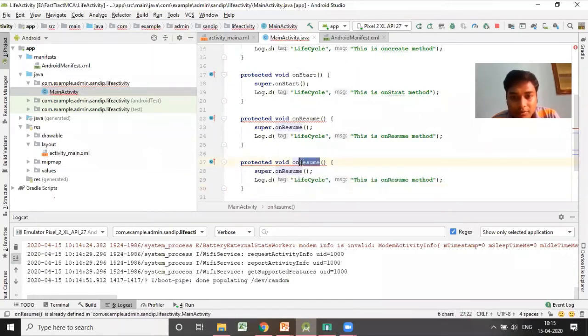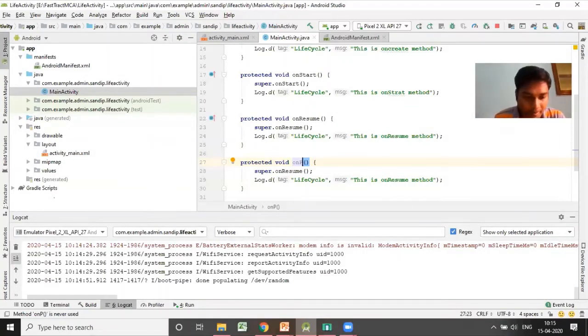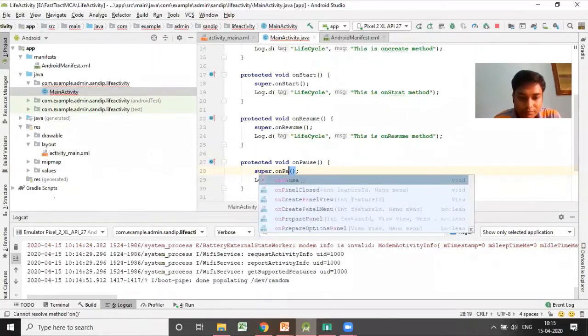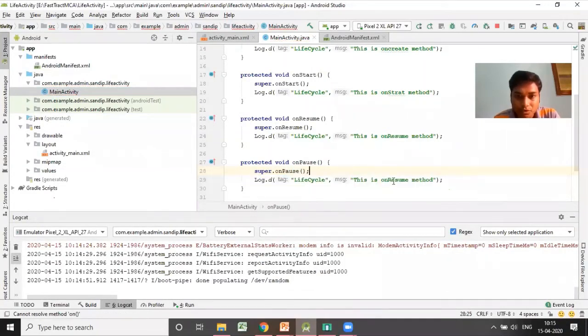On pause, on stop also. On pause, on stop, everything is there. The function must be there, but there is no need to maintain the order. On pause. This is the on pause method.